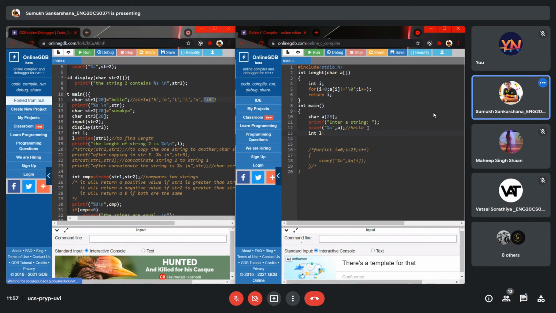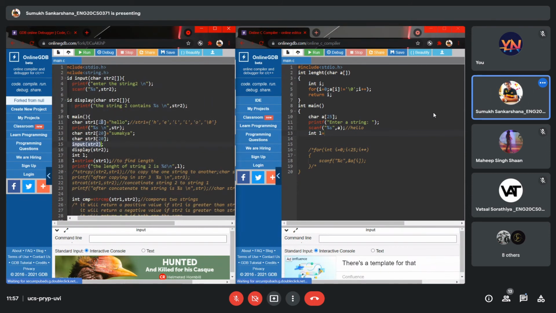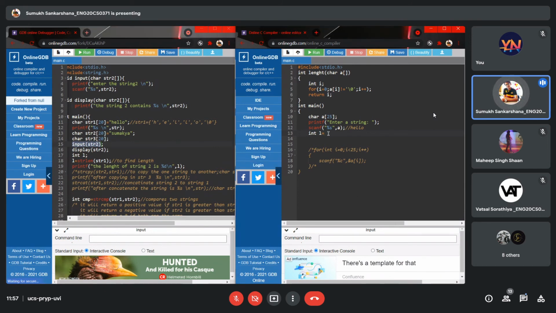You can refer here also. We have used input over there, but here my function name is leng. I made a spelling mistake over here. Length is the spelling.